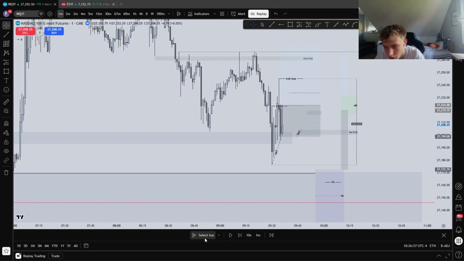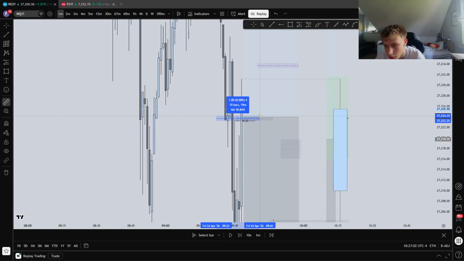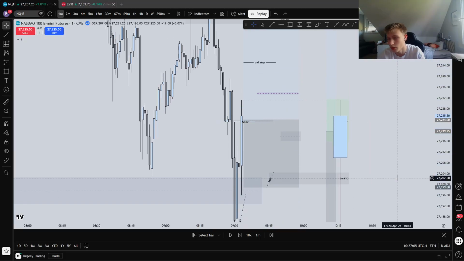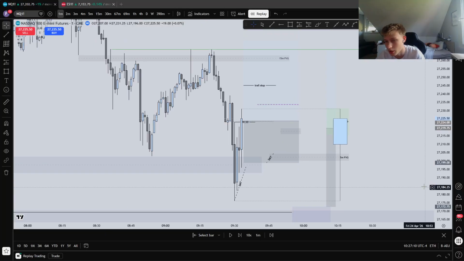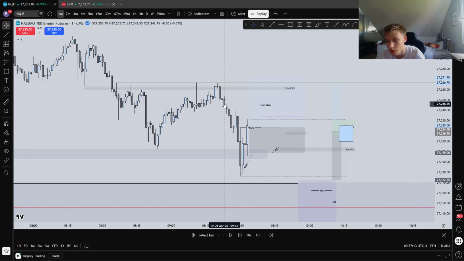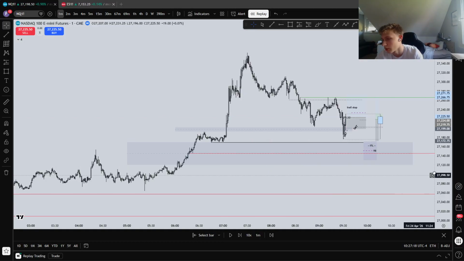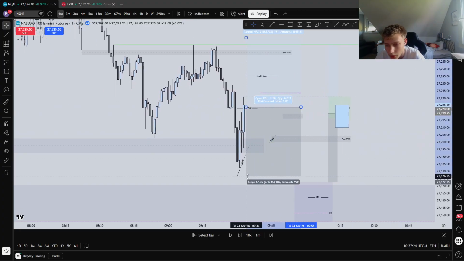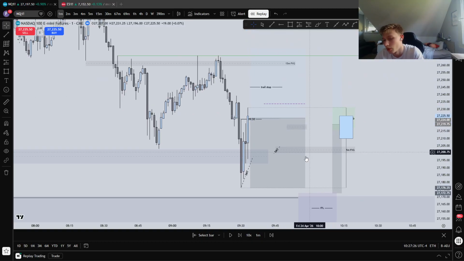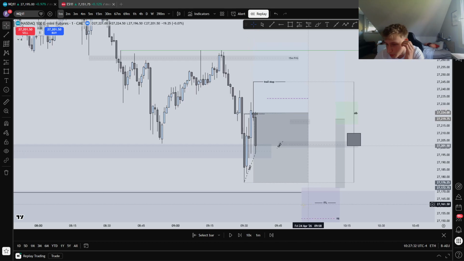This 30-second play pretty much played out very quickly. You could have just held for 1-1 and it would have banged. The trade that I ended up taking was this sneaky 1-minute IFVG, FVG. It was a 1.75 FVG. It wasn't the greatest, but just the type of conviction I had in this trade, with all these triple equal highs plus the overall high time frame bearish bias plus tagging CE of the range, it was just too good to not take the trade, you know. I placed my stop loss right here and my TP just hold for a 1-1. I enter right here, get filled at the top of this candle, we create an SMT and just move higher from this, okay?